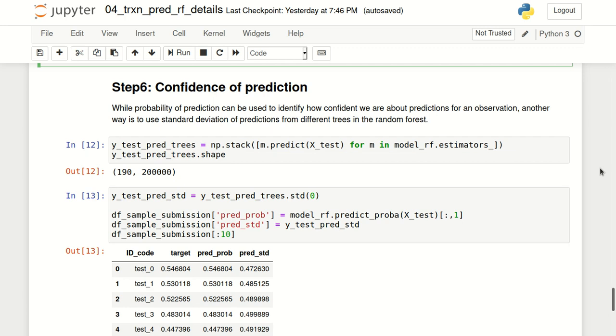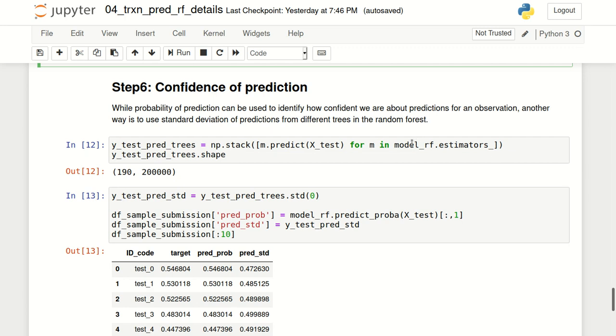But there is another way we can look at the confidence of prediction. We can find out the prediction of the observation for each tree in the random forest model, and then take a standard deviation of those predictions. If we find that different trees that the random forest model has created essentially give us the same values most of the time, then we have a higher confidence in the prediction because the standard deviation of these predictions will be lower. We can do this by finding out predictions for each individual tree in the model.